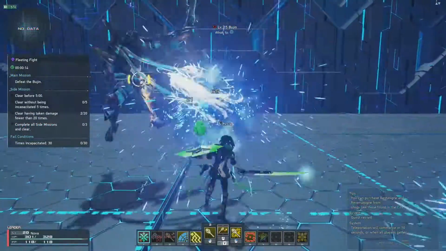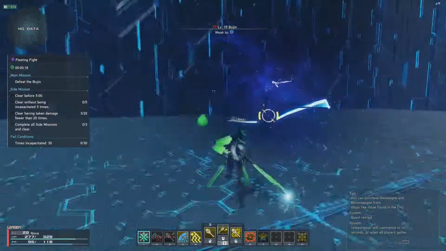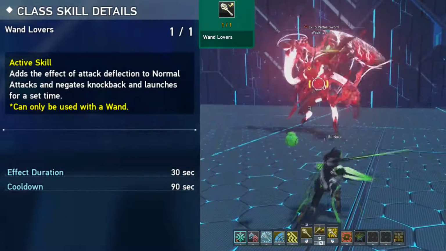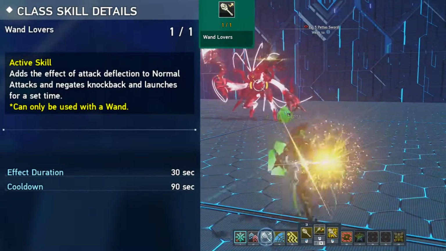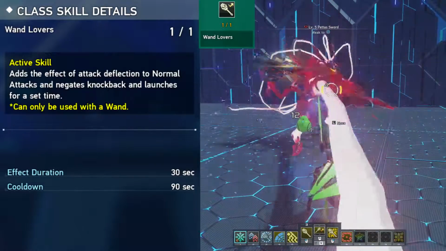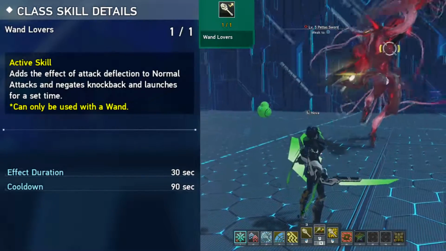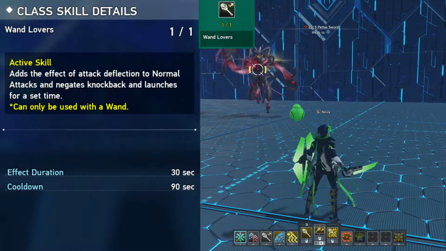So now we're focusing on the wand, which is the main weapon for Techter. We have Wand Lever. This is also an active skill where you have no knockback in between your normal attacks. Plus, if you normal attack while about to get hit, you'll reflect it back. And I think it will trigger a Photonic Fury, which is a little gust of wind every time you attack